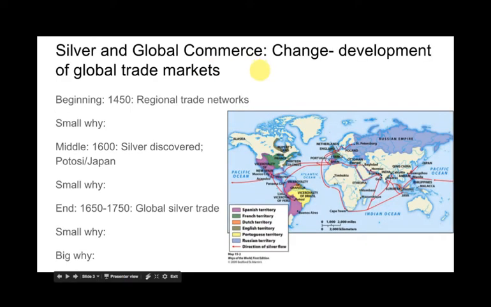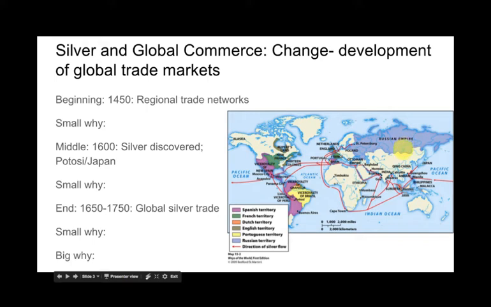The next heading is about the silver trade, and my change is the development of global trade networks. So at the beginning of this time period in 1450, we have regional trade networks. We have the Silk Roads operating, we have the Trans-Saharan trade network, there's certainly trade on the Indian Ocean, but by the middle, with the discovery of silver, in what is now Bolivia and Potosi, which is a Spanish colony, and also simultaneously in Japan,